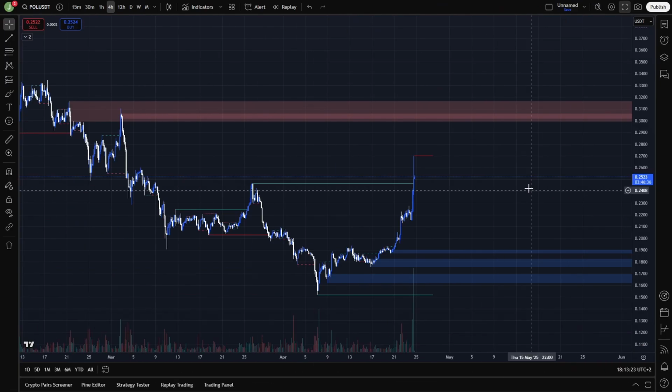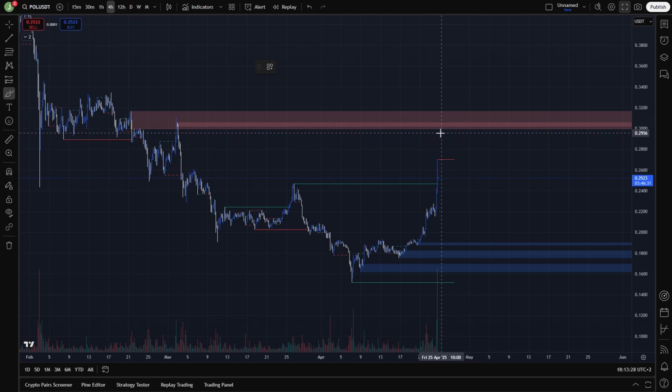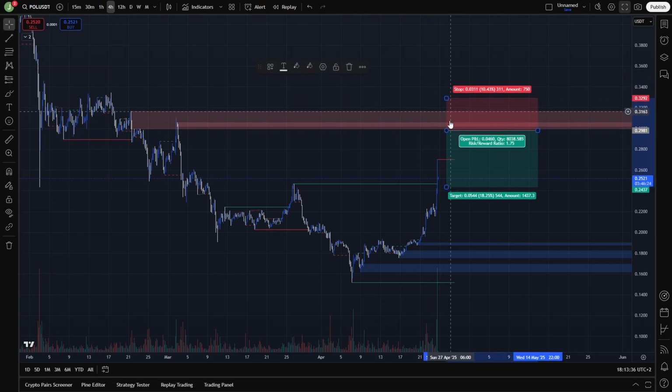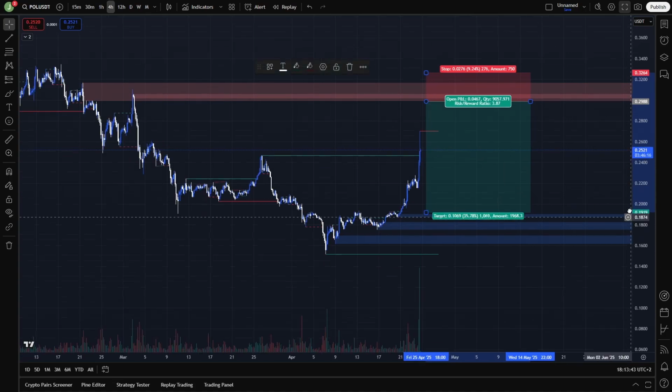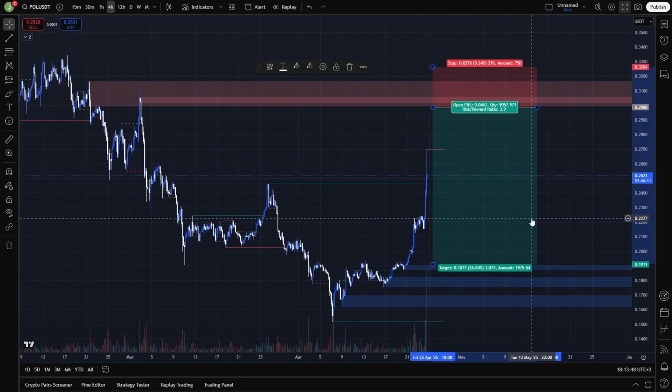On the other hand, if you want to use it as a potential short entry, then you need to wait here for a breakdown, fake out, and then a resistance confirmation. In this case, you need to place your stop loss above the high that we will trade during the fake out. Let's assume stop loss will be around 9%, 9.2, 10%, something like that. And your last take profit target, you need to place above this bullish order block area. This trade can give us a risk reward ratio up to 3.9, and with multiple take profit targets, we will get a risk reward ratio more like 2.83, something like that, which is not bad, but it's not as good as